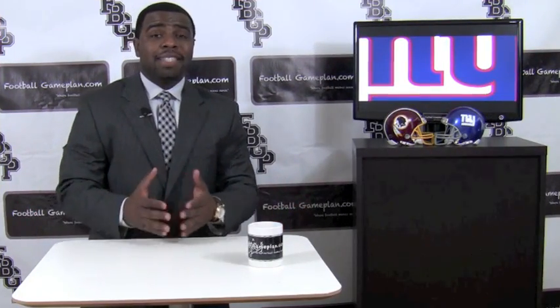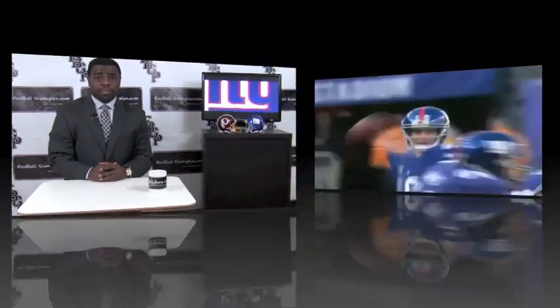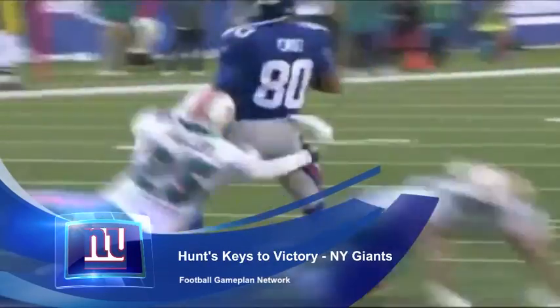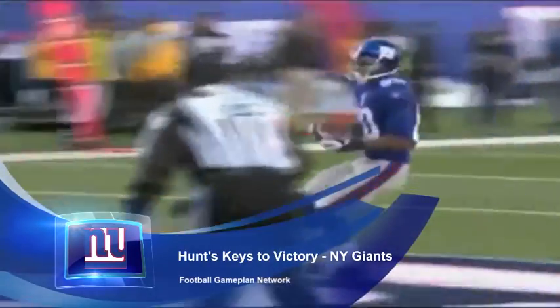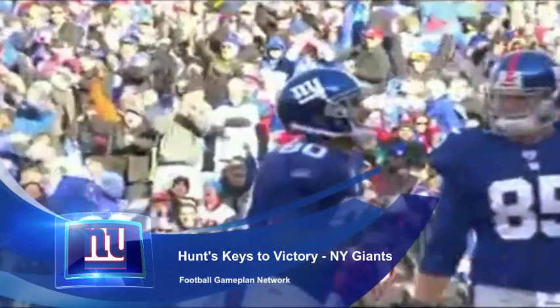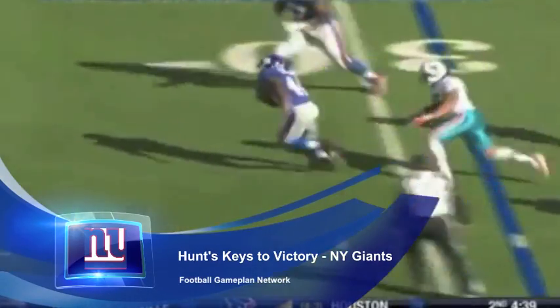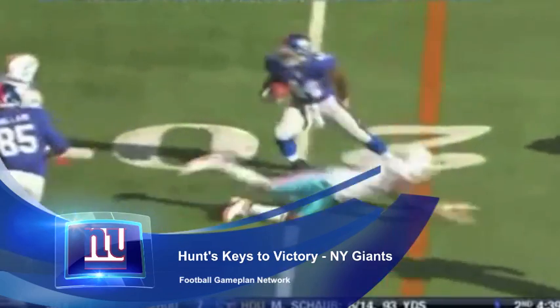Now let's look at the Giants' keys to victory to see what they can do to maintain that lead over the Cowboys. You look at the Giants offense, and they're a passing offense right now, let's just be honest. But what I like most about their matchup with the Redskins is that they can attack the interior of the Redskins defense. So I would put Mario Manningham in the slot and force the Redskins to make a tackle on